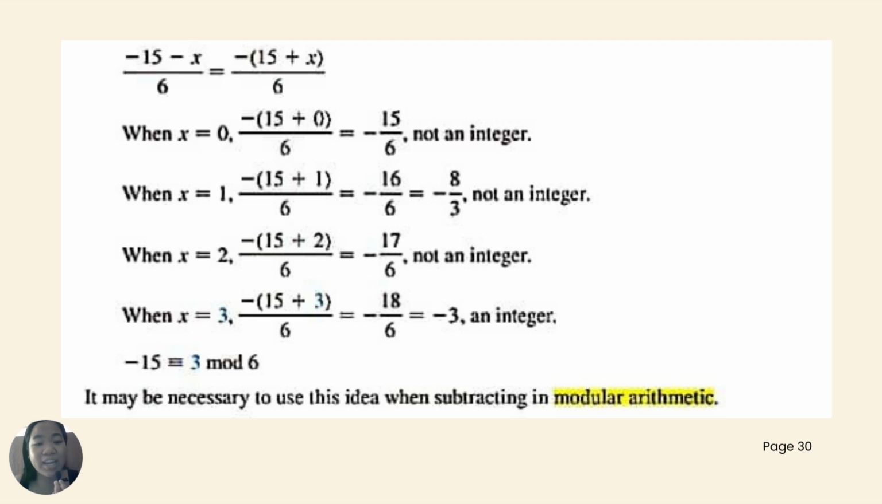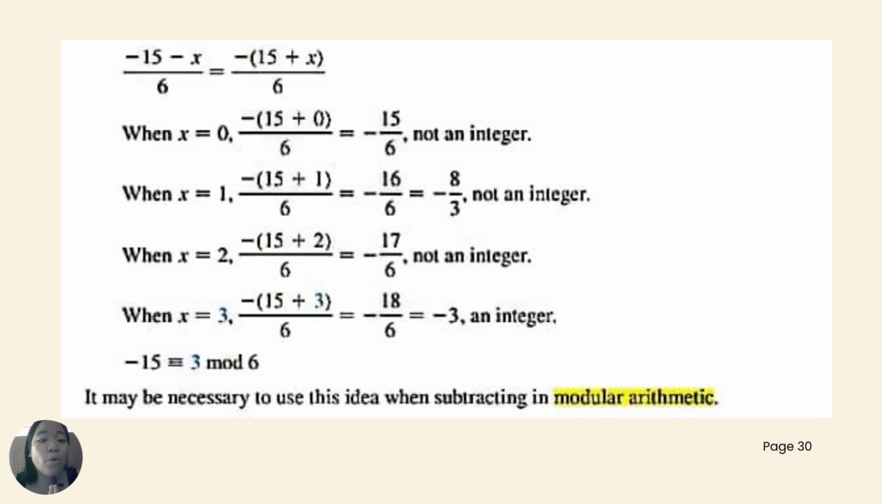Basta fraction gani, class, hindi na integer. Okay, gets. Very good. So next, let us substitute it sa 2. Try ta naman ang 2. So, negative 15 plus 2 over 6 is equals to negative 17 over 6, and it is not, again, an integer. Another trial and error, 3, substitute na naman ang 3, negative 15 plus 3 over 6 is equals to